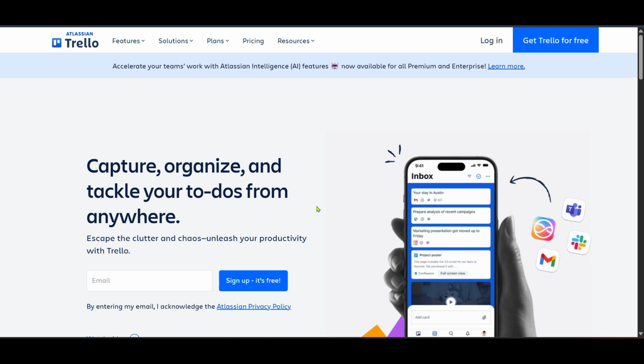Let's get started. First, open up your web browser and head over to Trello's website. If you're not already there, you can go to Trello.com. Once you're on the page, you'll find the login button, usually located at the upper right hand corner of the screen. Click on Login to access your account, enter your credentials to sign in, and you'll be directed to your